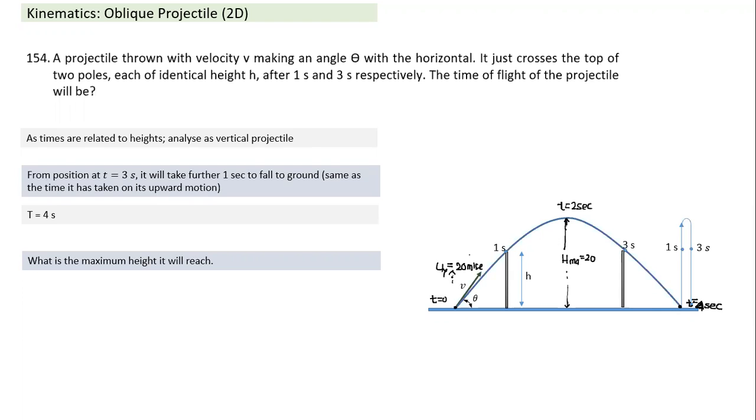You add one more variation here. If theta is equal to 53 degrees, add one more piece of information here: the angle of projection here is theta equal to 53 degrees. Can we tell what is the distance between the poles? If theta is equal to 53 degrees, we have worked out ui is equal to 20. Can we figure out what is the distance between the poles? One pole is here, the other pole is here. So can we figure out what the distance is?